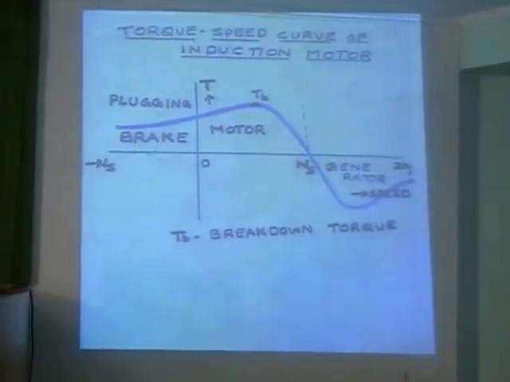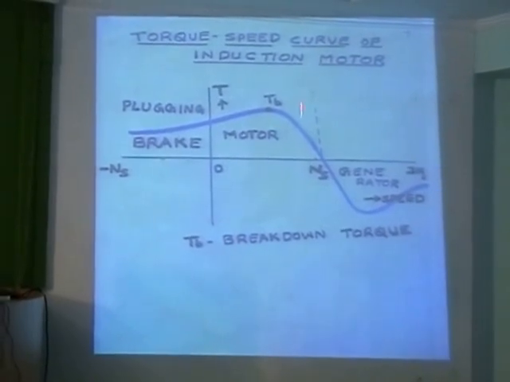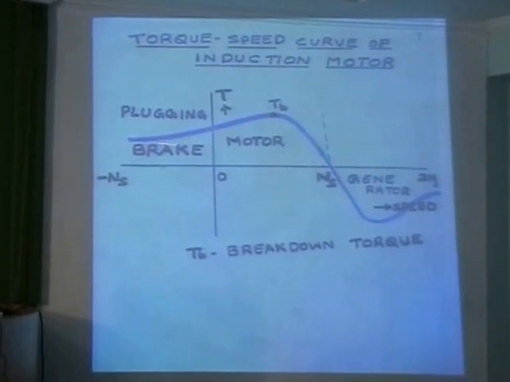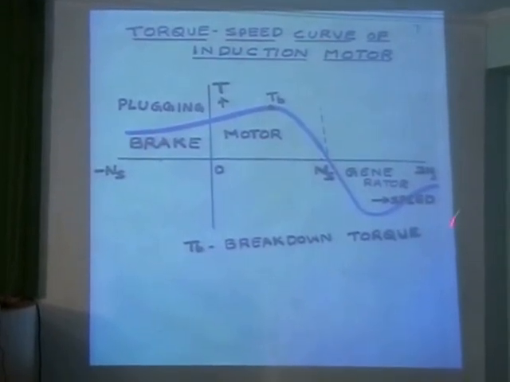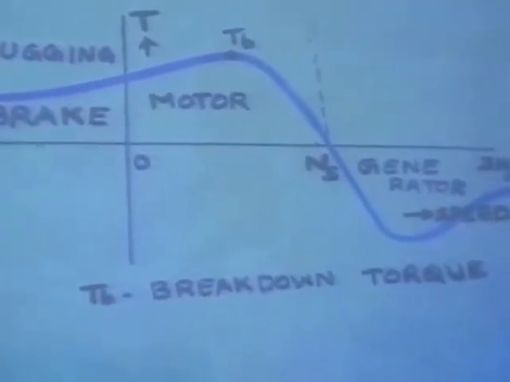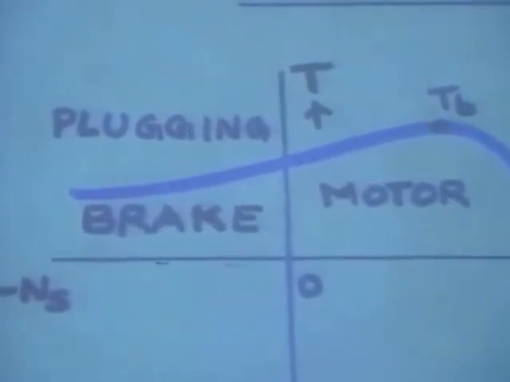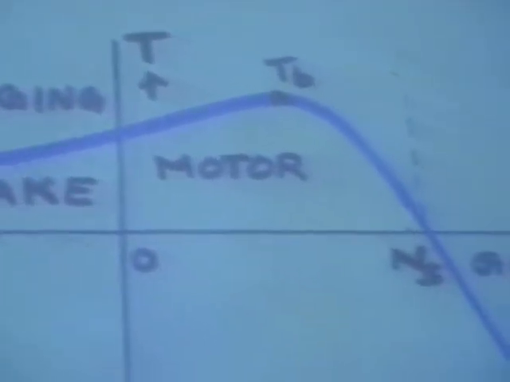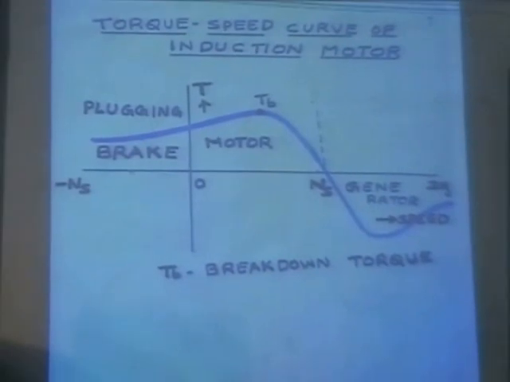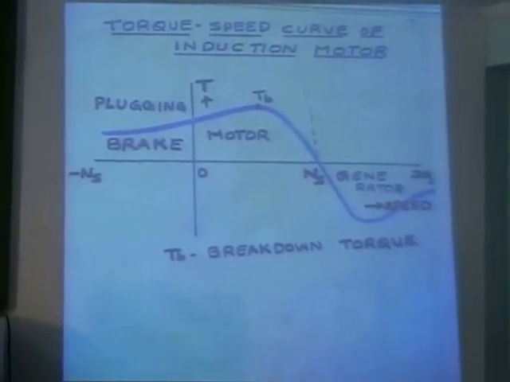So this is your induction motor characteristic, which shows all the three regions. This is your motor region, this is generator region, and this is your plugging or braking region. So this is very popular when you go to wind generators. In the very beginning, when wind generators came, they were all induction generators. So this is your motor region and this is the plugging region where your speed, because you are changing the phase sequence, the speed of the rotating magnetic field gets reversed. So maximum torque is also called breakdown torque.